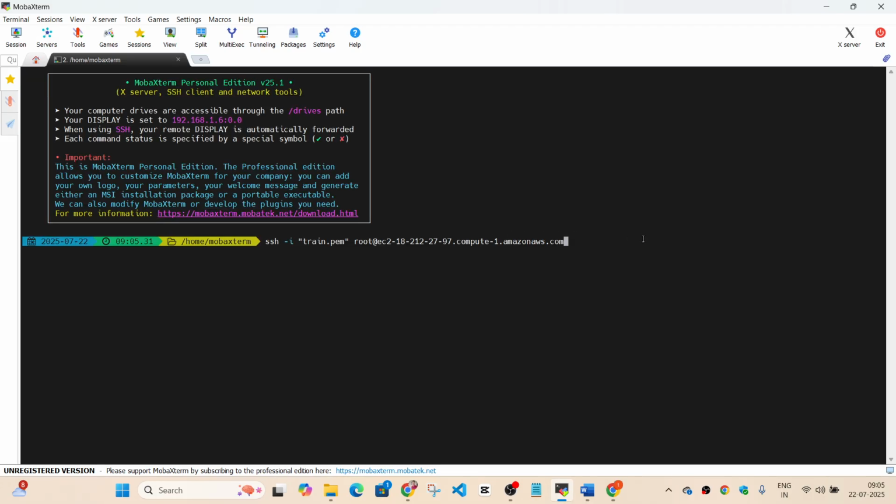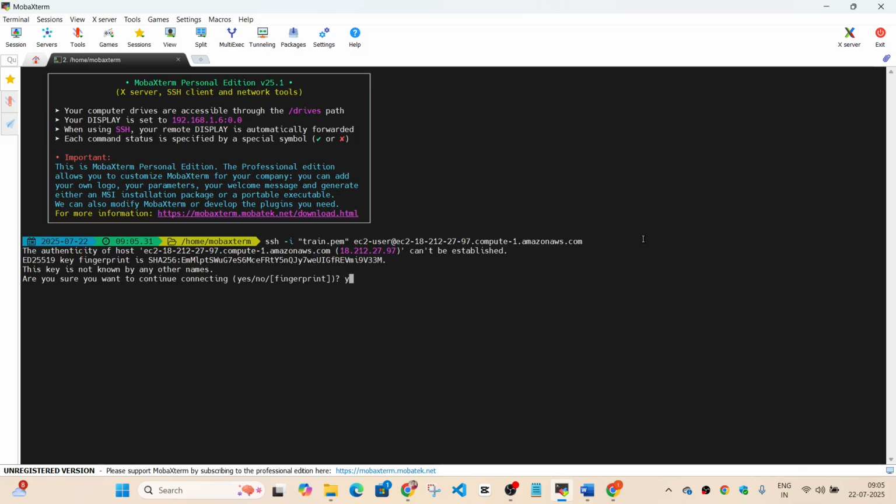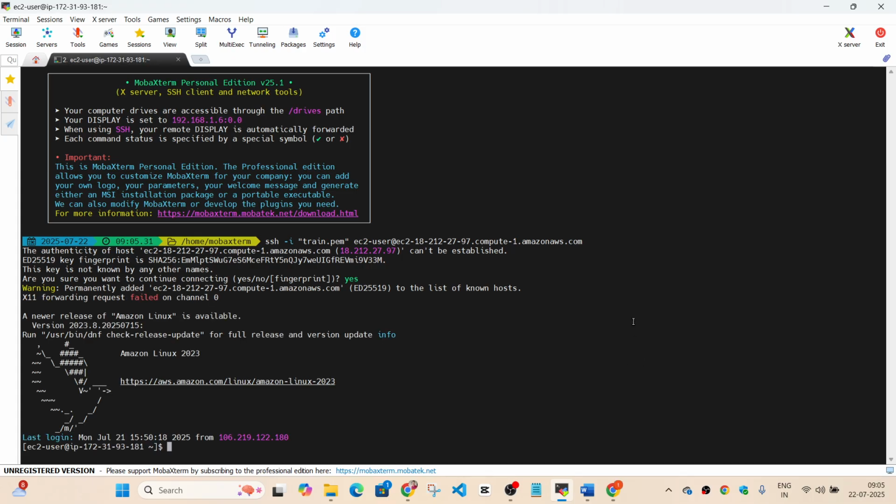Sometimes when you have a custom AMI, the login user is given as root, so you have to change it back to the standard user. So I'm logged into the instance, which is part of my auto scaling group.